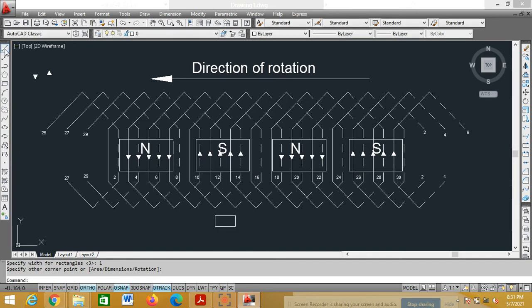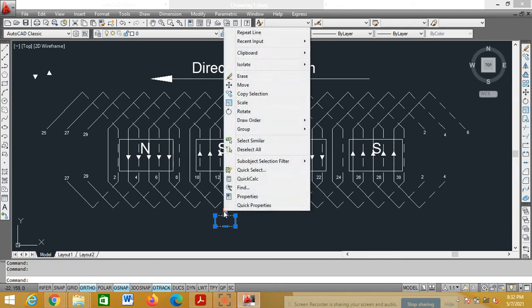So go for the line, midpoint of the top side of the rectangle. From there, take your cursor upward and type 0.5, enter. So this you select. Okay.